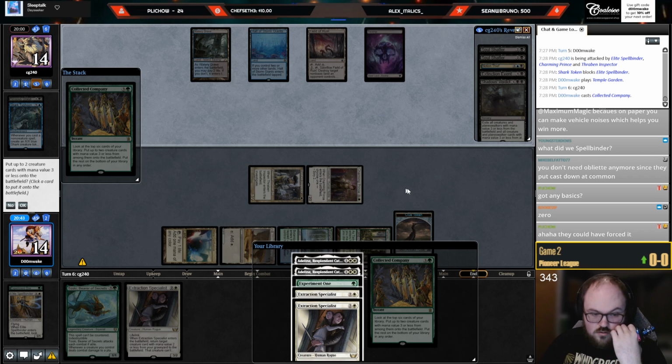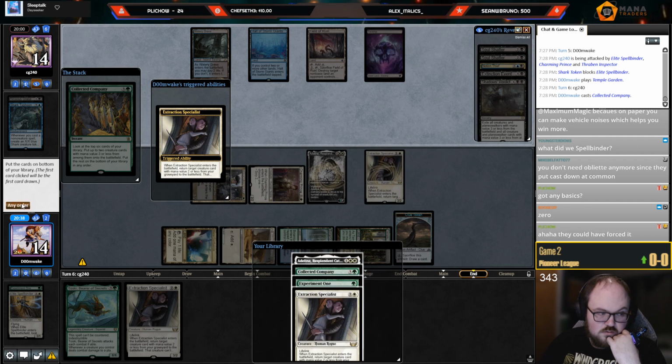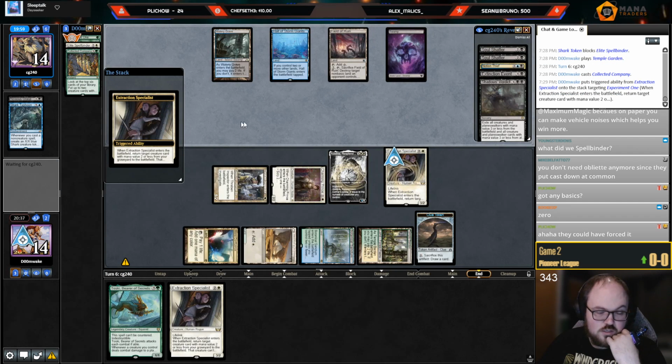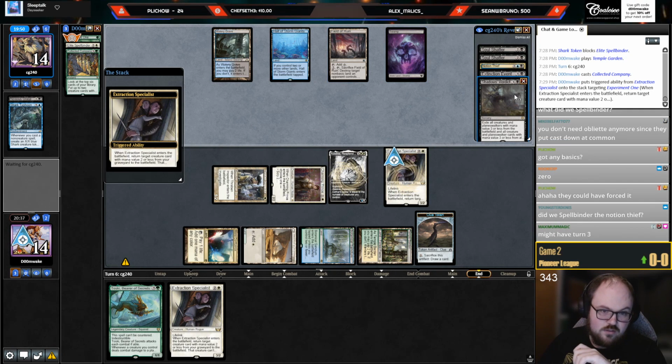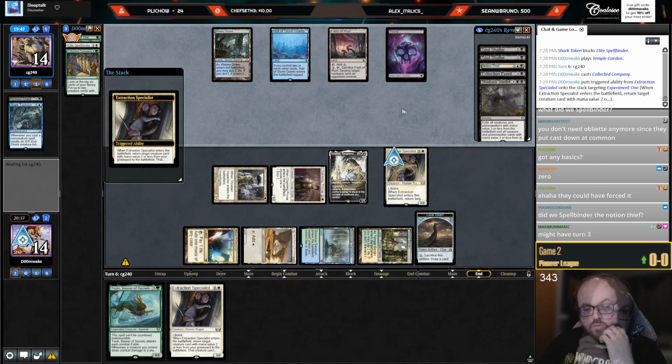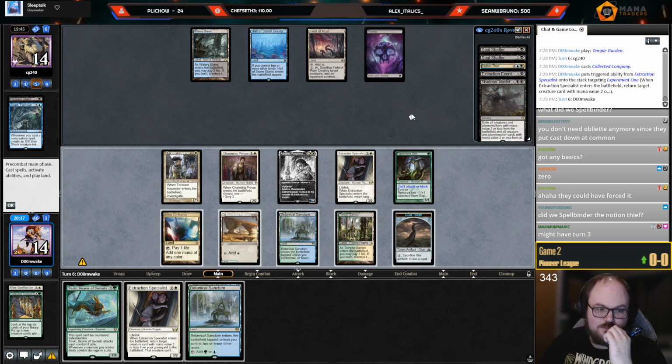Okay. So we can go Adeline, Specialist. And we can go Specialist, back the Experiment One. No, I Spellbindered the Shadow's Verdict. Which, I guess because they just didn't draw a land, that play looks kind of bad now, but...